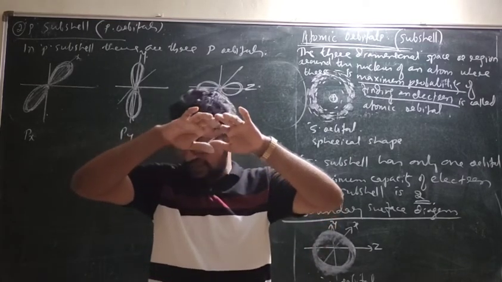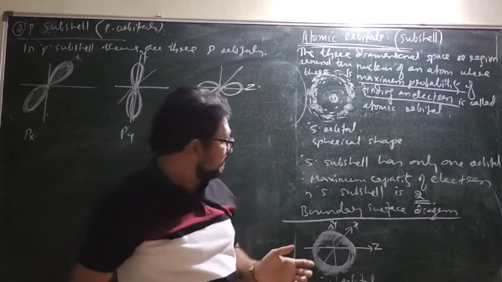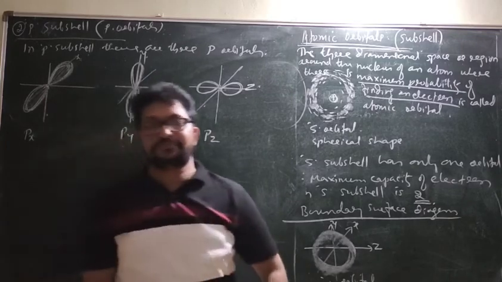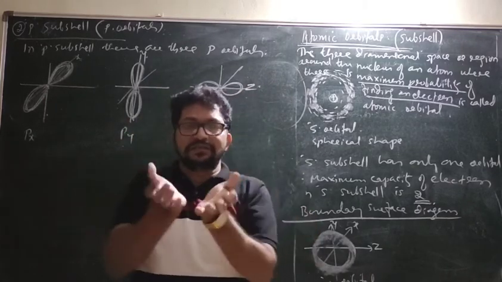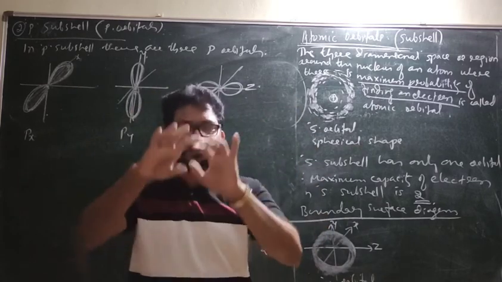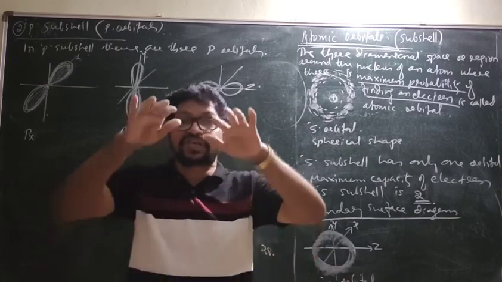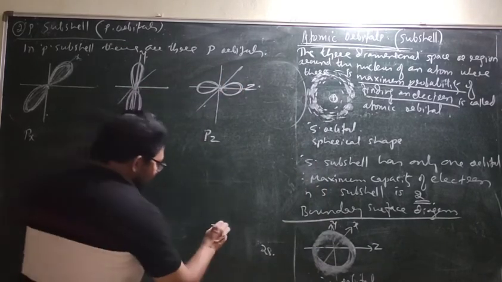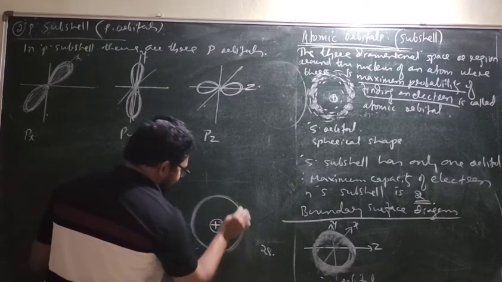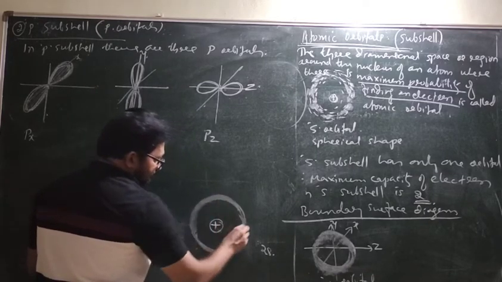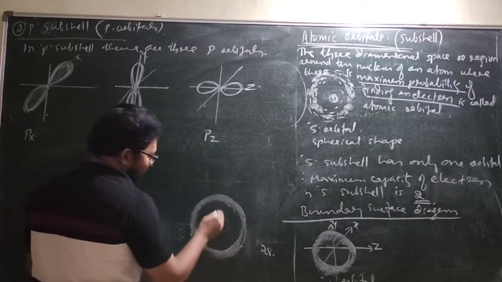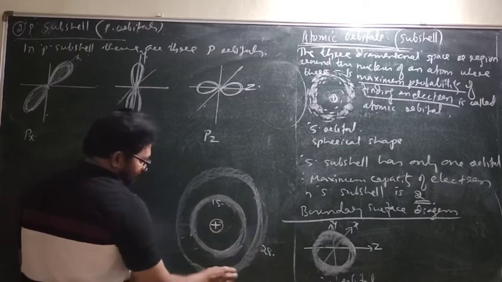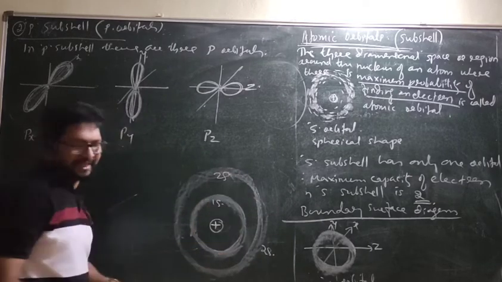In the K shell there is only S orbital, one S. But in the L shell there is a 2s orbital and 2p orbitals. In the K shell, the three-dimensional space is covered within the sphere. But L shell, like this. This is the nucleus. The K shell is 1s orbital. Then what about L shell? It has a 2s orbital, but still the two-dimensional space is remaining.